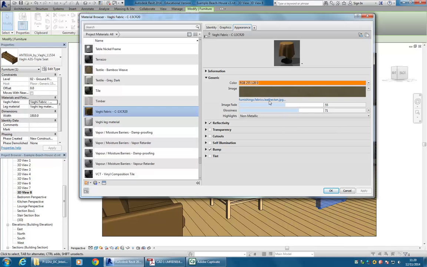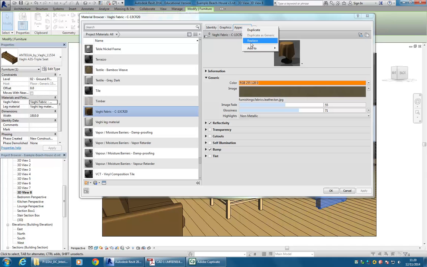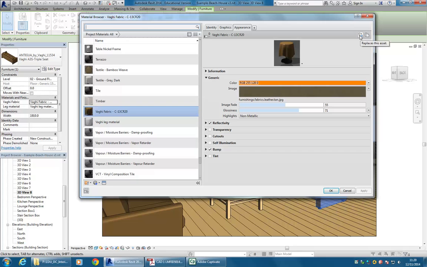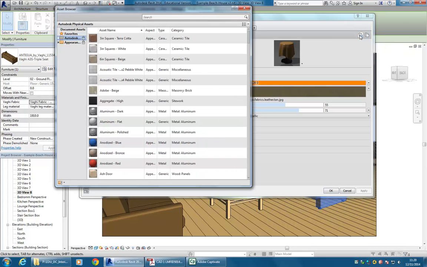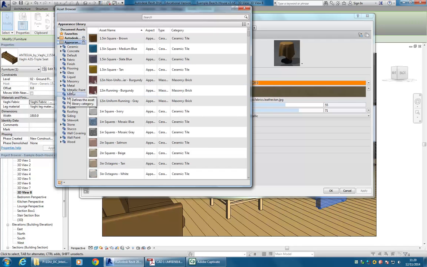So I can change that image easily to a different image if you have a picture of your fabric. But say you don't have the option to change the image there. First I'll show you how to get that to come up. Again, just by right-clicking on the Appearance tab, you can then go to Replace. Or the button over here does the same thing. That's the Replace button, the one with the two squares and the arrows. So again, same process. It's good to find one that's close to what you want. And this is a great